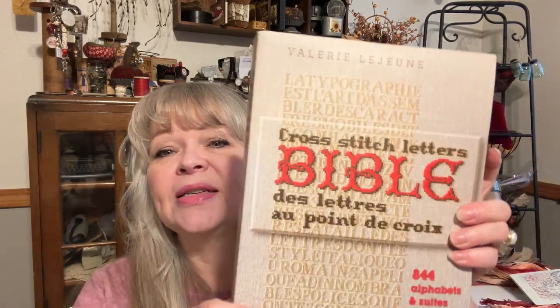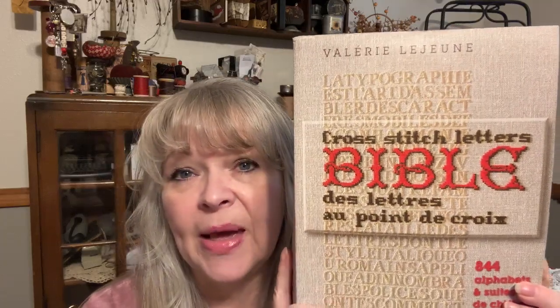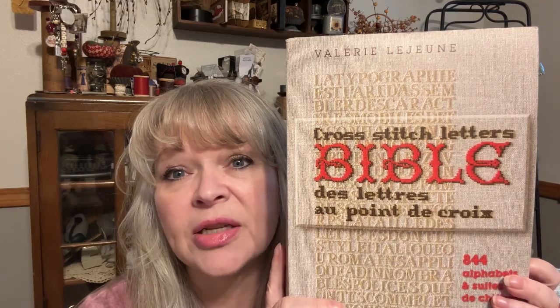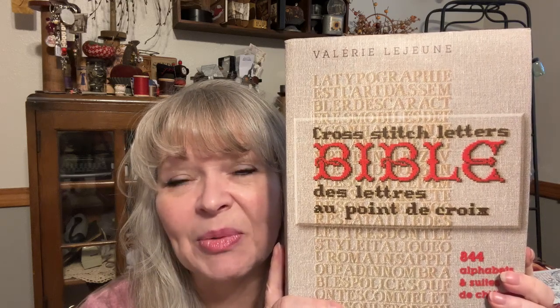So this is the Cross Stitch Bible. It is by Valerie Lejeune, and you can find them on A-Books, you can find them on Thrift Books, you can find them on eBay, and they'll run anywhere from about $90 to $200 or $300. But I've been wanting this for a long time. I don't remember who first showed it, but once they did, of course, there was a run on them, and they were really hard to find. But it's this fantastic